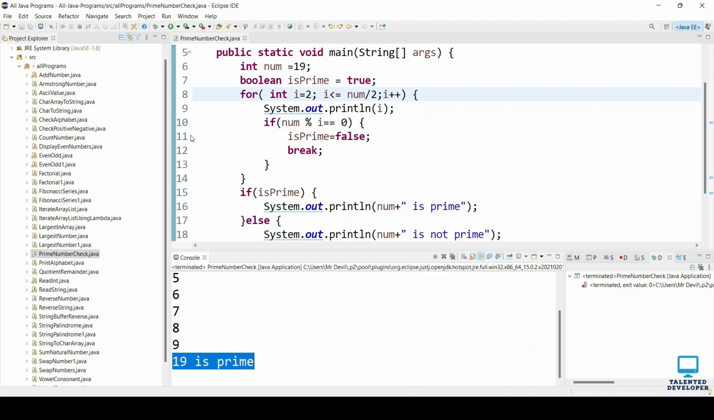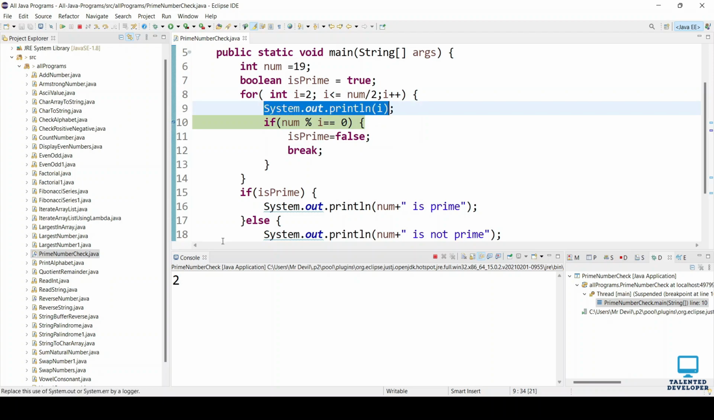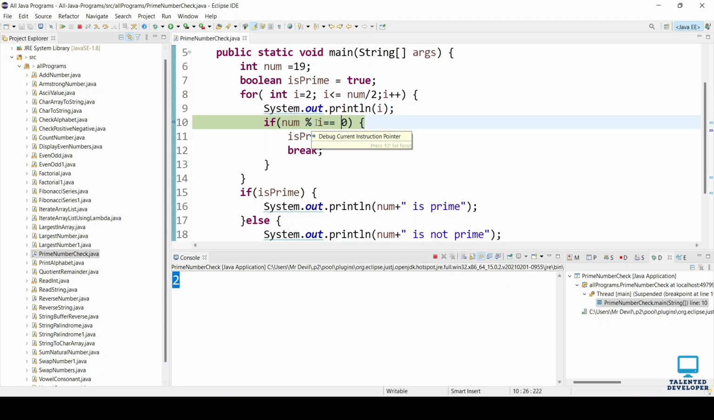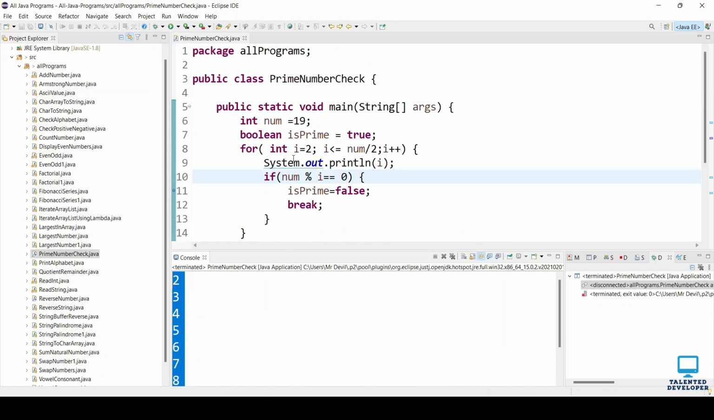If you want to understand, just put a breakpoint and run this. When you run the first time, you can see line number 9, that means we are going to print i. The i value is printed. After that num value is 19, and when you divide 19 by 2, you will not get remainder 0, so it will not satisfy this condition. So it will go for all the numbers till 9, right? So 19 is a prime number. Now check with